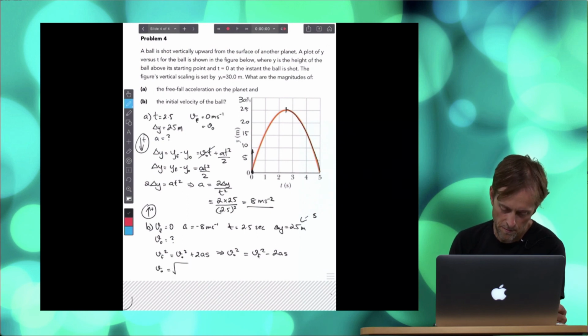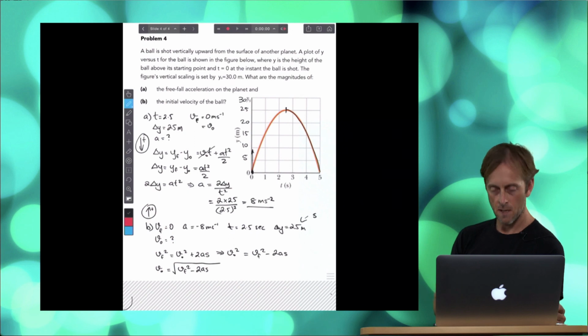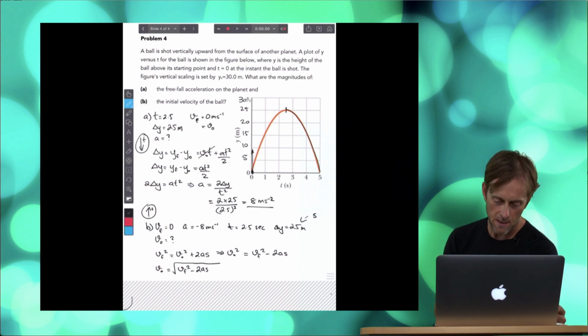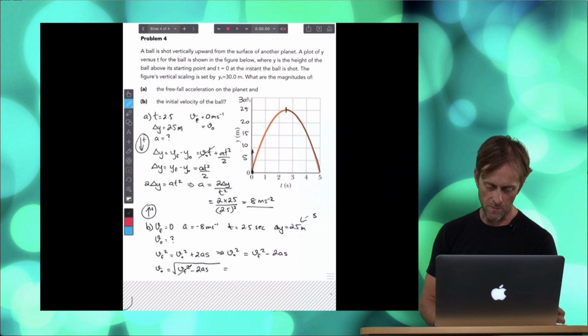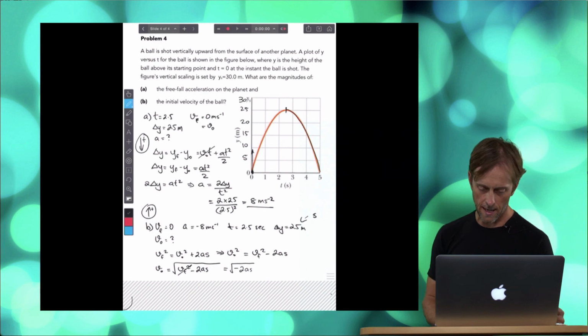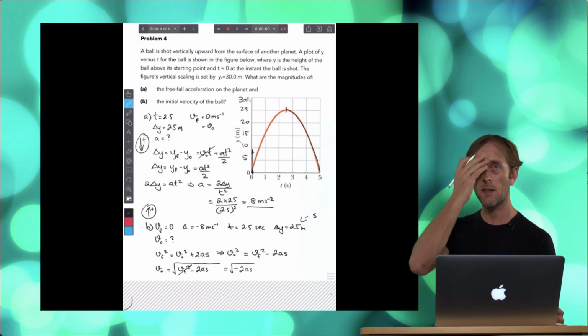So we get v0 equals the square root of Vf squared minus 2as. Now we can plug some values in. That's going to disappear because it's 0. We don't need to plug the values in just yet. We can just rewrite this as negative 2as. This is going to be nice because we should get a positive value underneath that square root,